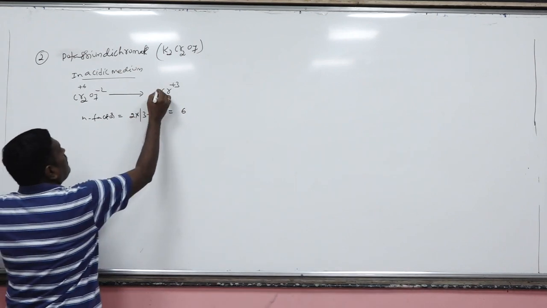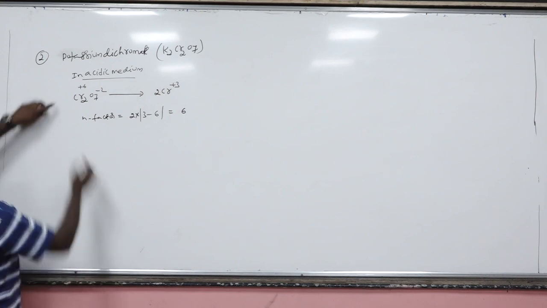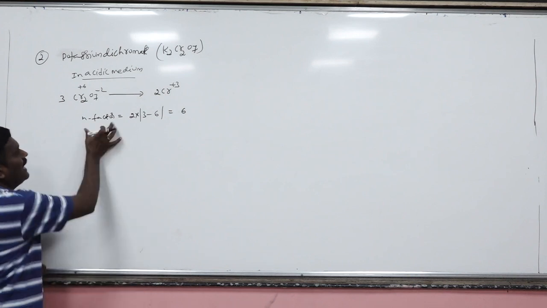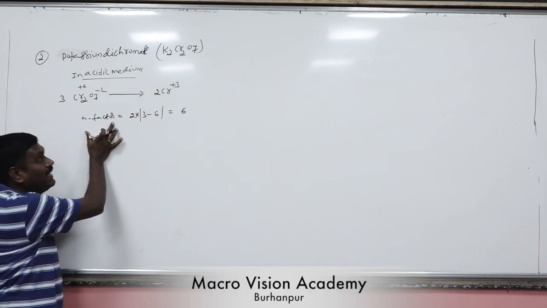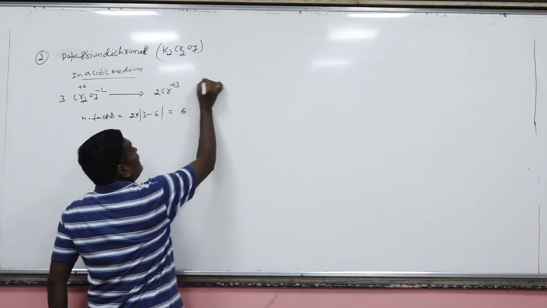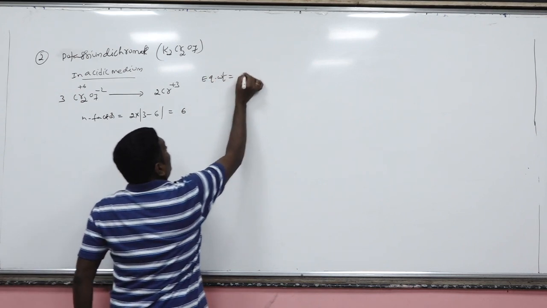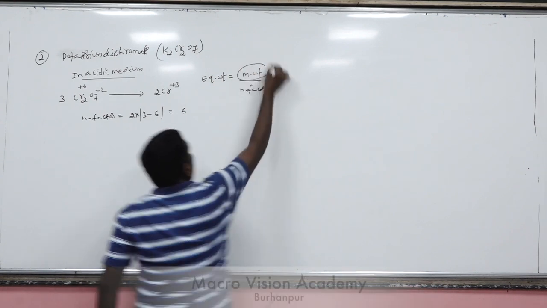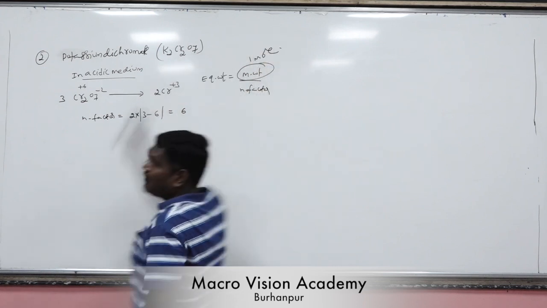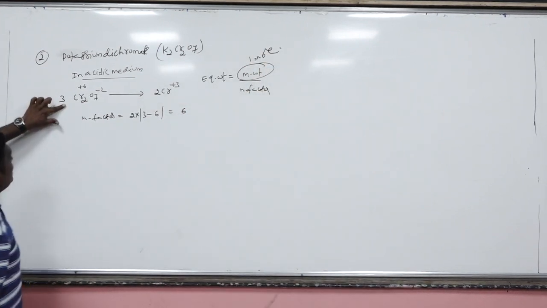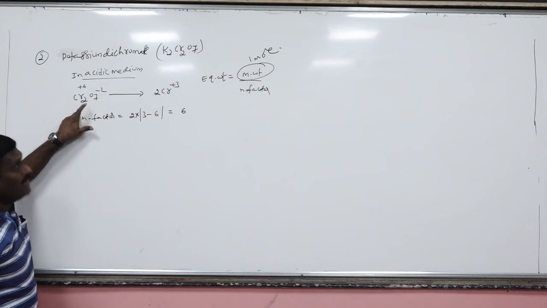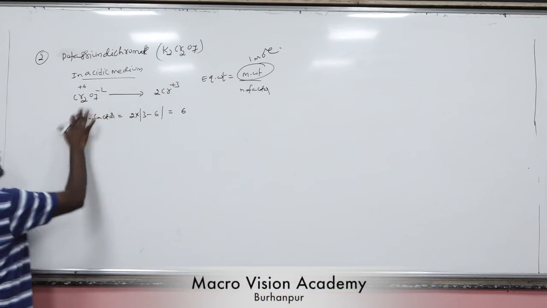Now, here chromiums are 2. No need to see the stoichiometry. Let's suppose 3 moles is there, 6 moles is there. Don't go further, because we are calculating N factor per mole of K2Cr2O7. Equivalent weight is equal to molecular weight upon N factor. N factor always corresponds to molar mass, and molar mass is always per mole of the substance. Whatever the stoichiometry, don't see the stoichiometry. Only the number of atoms per mole of the substance is very important. Now, here N factor is 6.